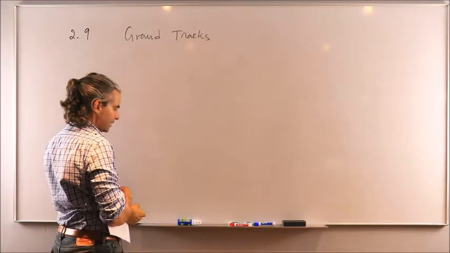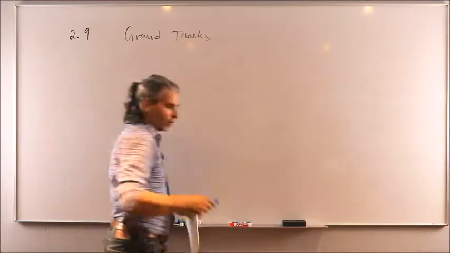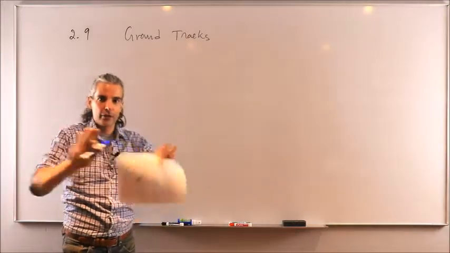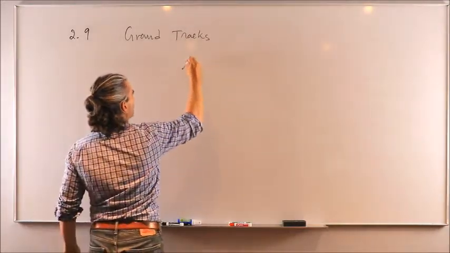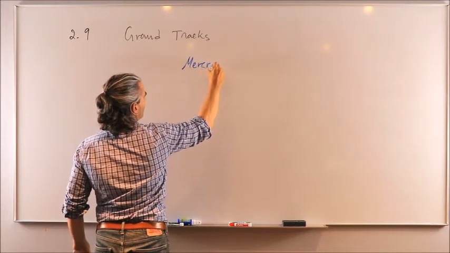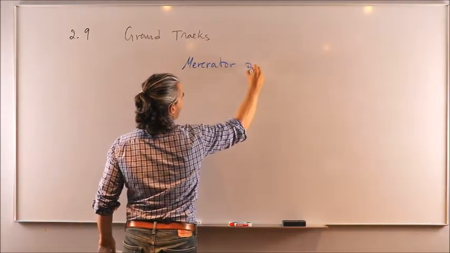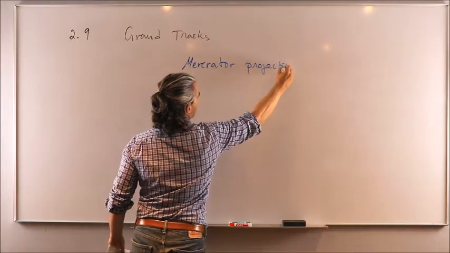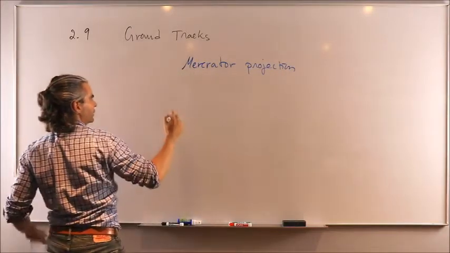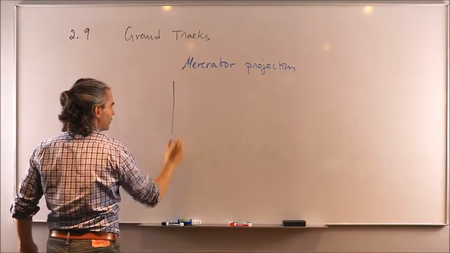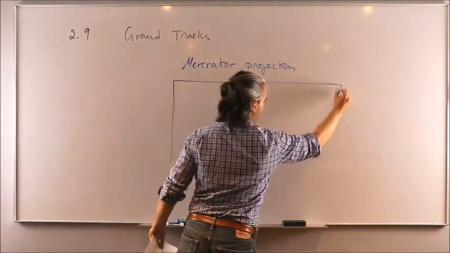A ground track is essentially a projection of the Earth onto a flat map. Okay? This projection is known as the Mercator projection, and it unrolls the spherical Earth and turns it into a 2D map,